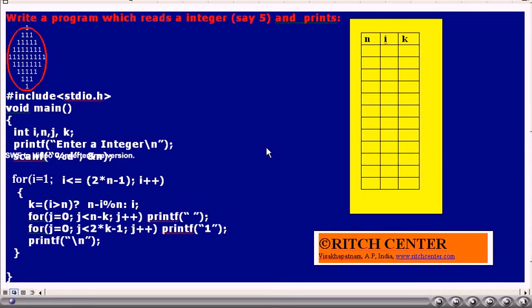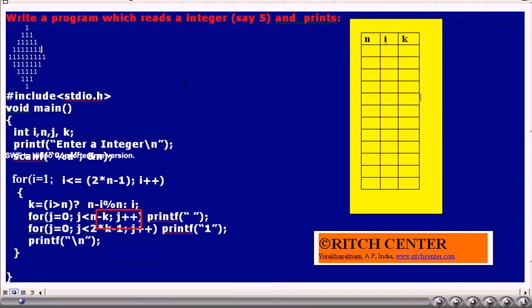This program takes an integer, say 5, and prints a diamond shaped figure with character ones. If you observe the above diagram, in any row we require some series of spaces followed by series of ones.